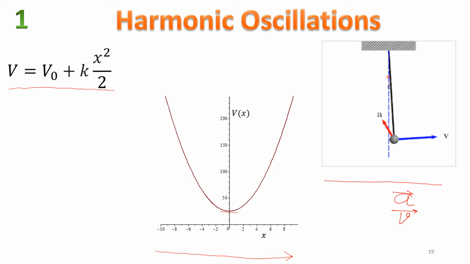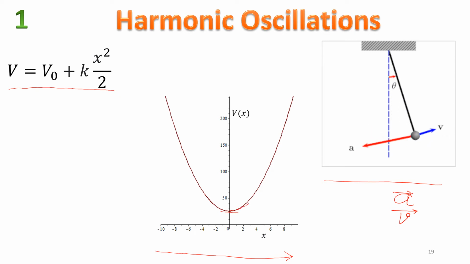Sometimes you can consider it 0, or you can have a definite assigned value, and this has another term, plus kx square by 2. So k by 2 you can consider another constant, and x square will represent